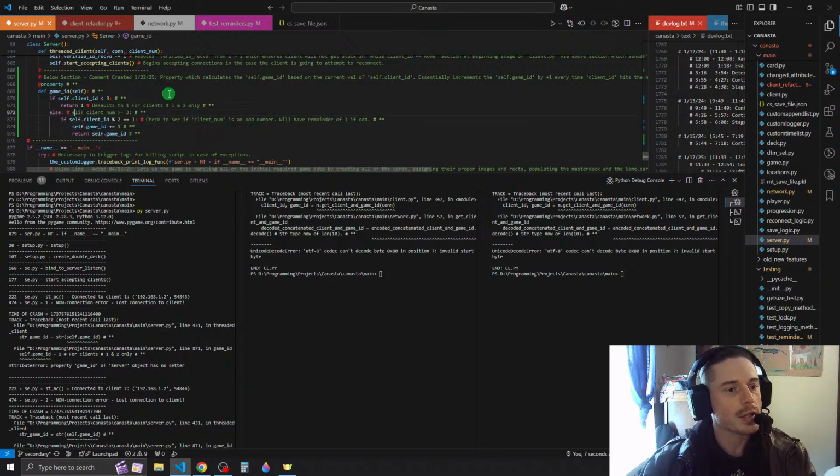So we need to use an internal form of it. Say return 1, and then else, we just call this the game ID plus equals 1. Well, no, because it has to be stored. You feel what I'm saying here, bro? Game ID has to be stored. Well, no, it doesn't. Because game ID is merely derived from,